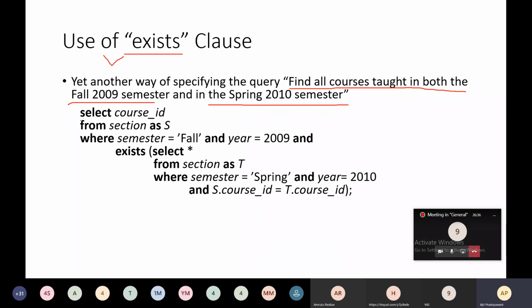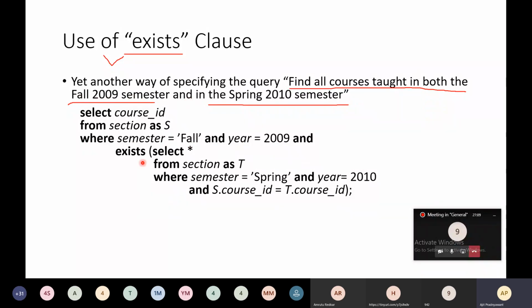So we have written select course ID from section as S where semester is equal to fall and year is equal to 2009. That is, we have satisfied this condition.